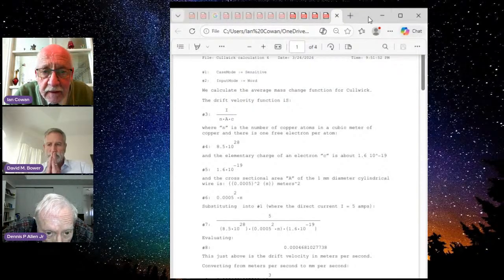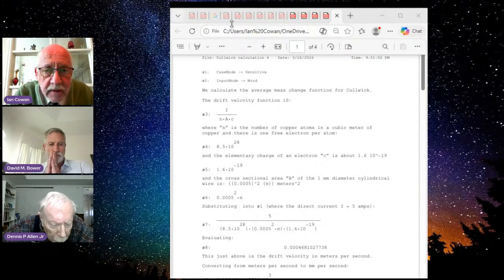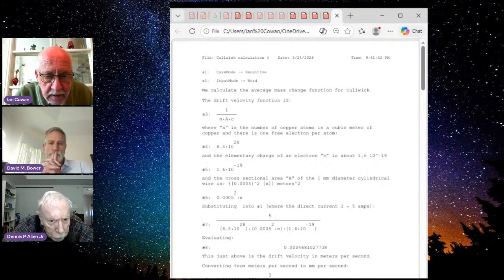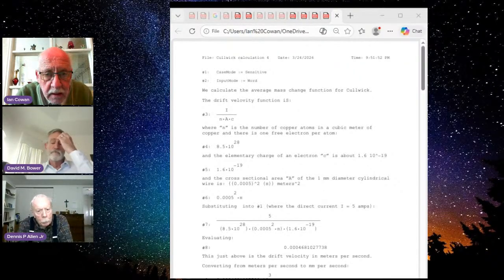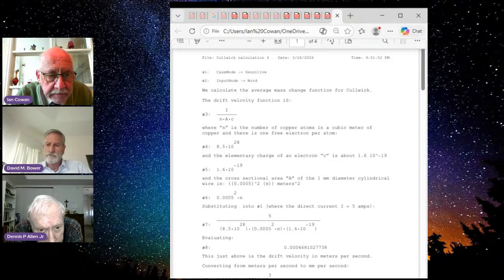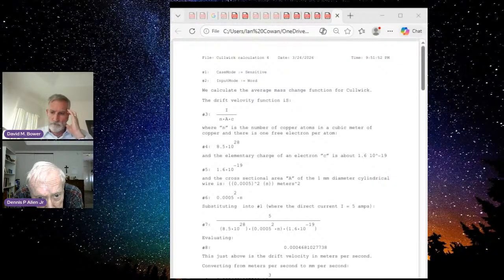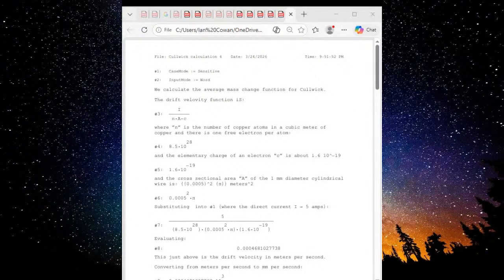Okay. Let's see. Yeah, here I start out by computing the drift velocity in a copper wire of a diameter 1 millimeter, which is basically repeating the Colwick argument that we just discussed. And Colwick doesn't say copper, but he says copper up above, so I think he's thinking copper. So the formula from Wikipedia is 1 over little n times capital A times lowercase c. And using this formula, I get the drift velocity.